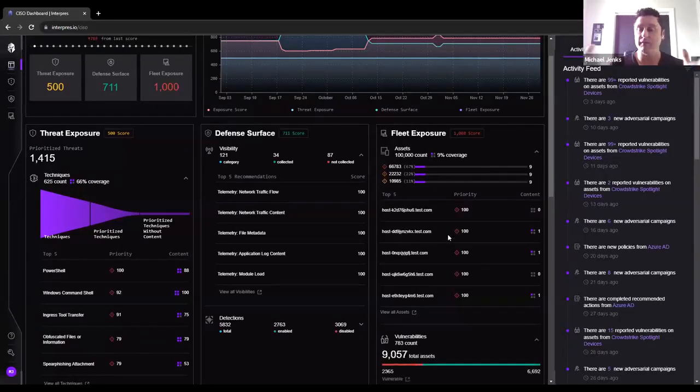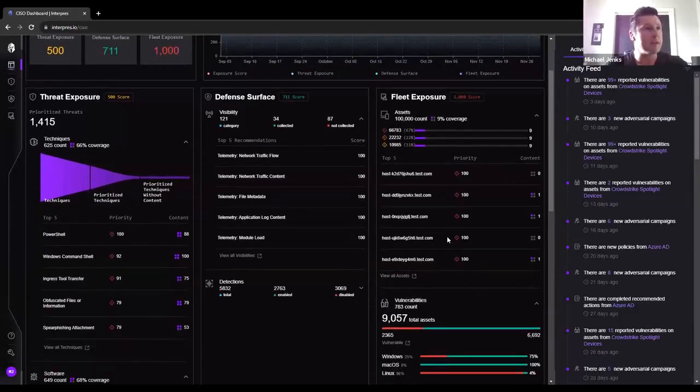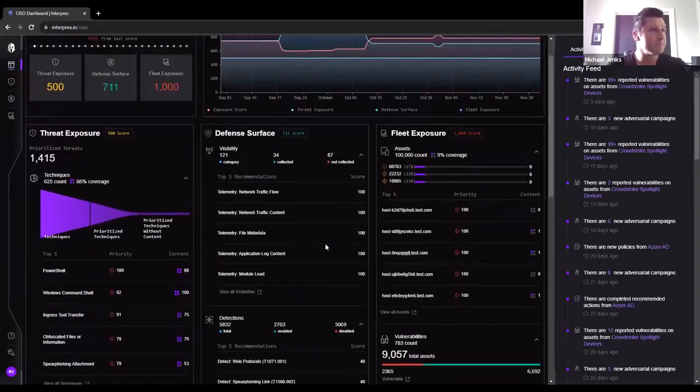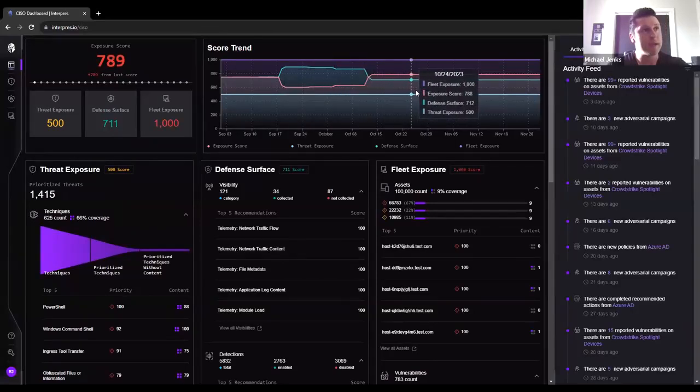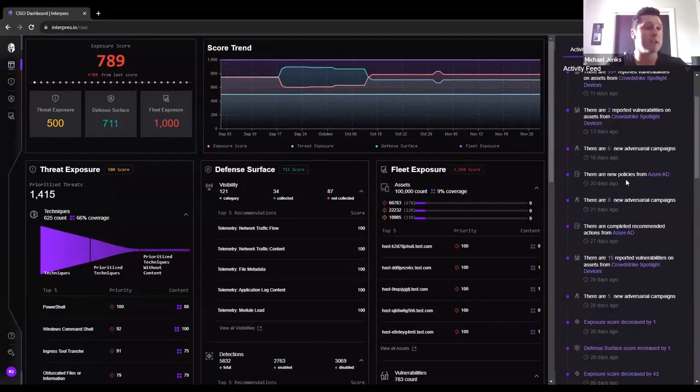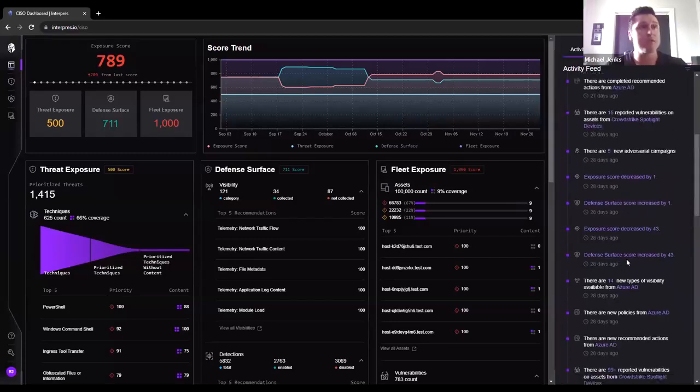So we're connecting to all of the vulnerability scanners from the endpoint to the cloud, bringing all of that in one place, and then layering on that threat-centric prioritization, which I'll get to in a moment in the demo. And then also defense surface. So looking at all of the log collection, the detection logic, tool configurations across the board. And we're able to trend that as that changes, as those relationships change from an adversary perspective or a defensive capability perspective, we're able to measure that over time and then provide